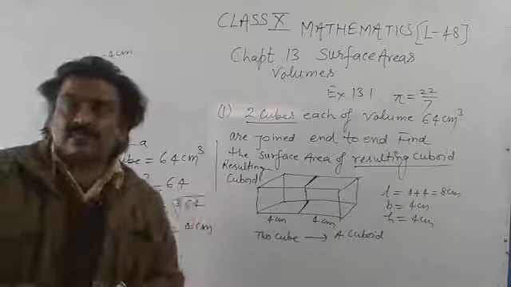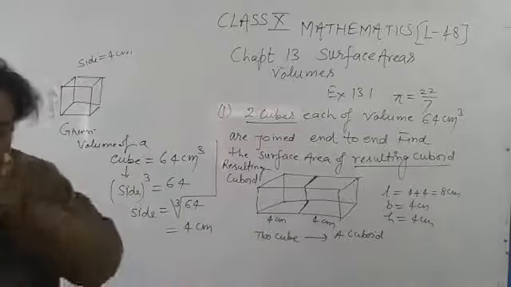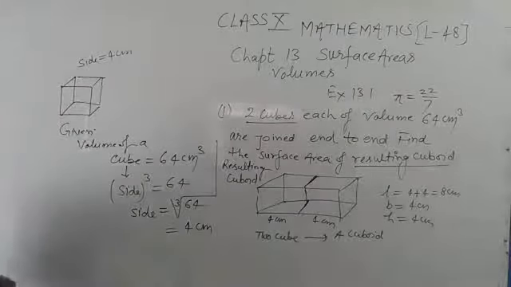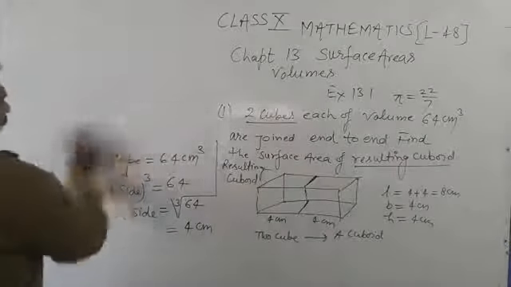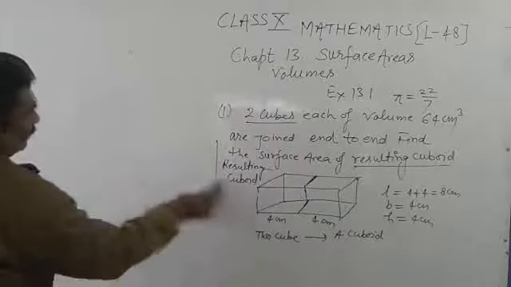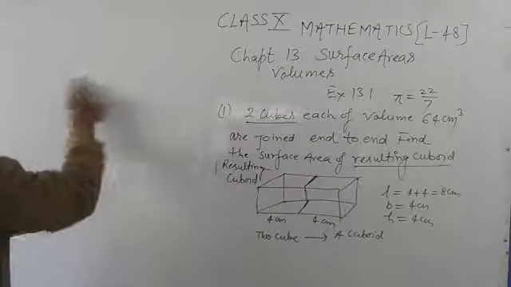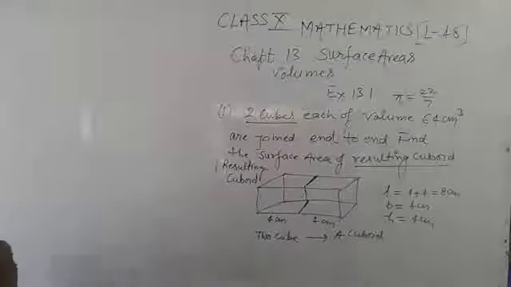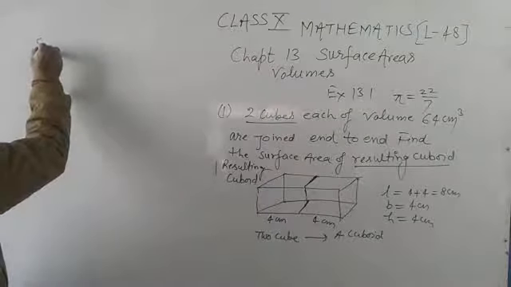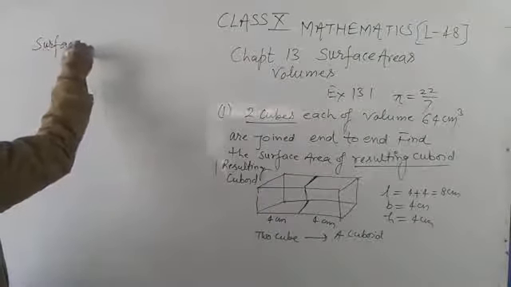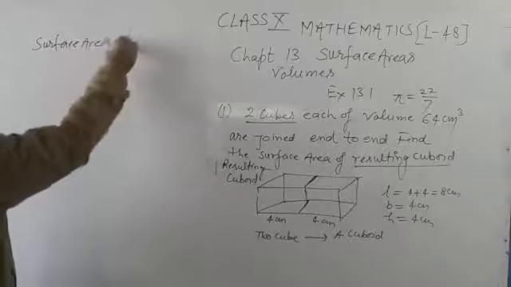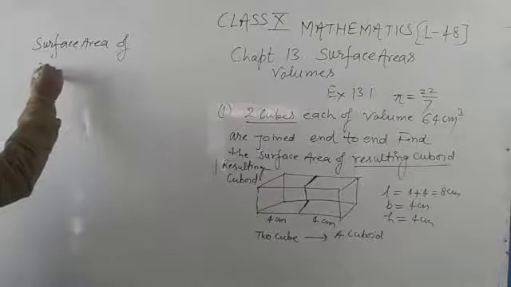So students, in this case, surface area means total surface area of the resulting cuboid. So see here, students, now we will use the formula to find surface area of the resulting cuboid,